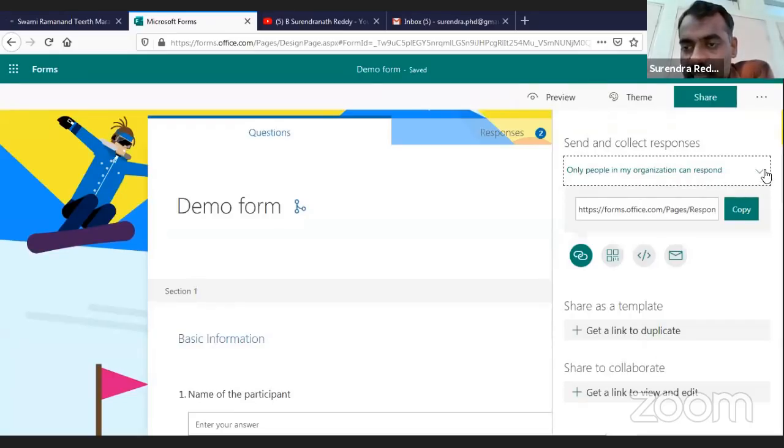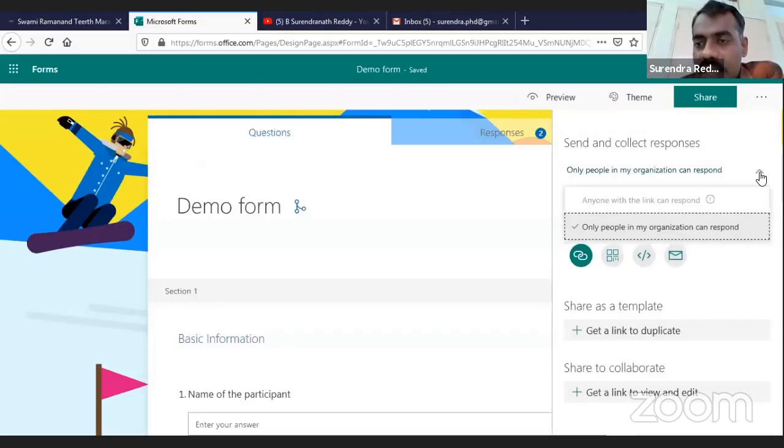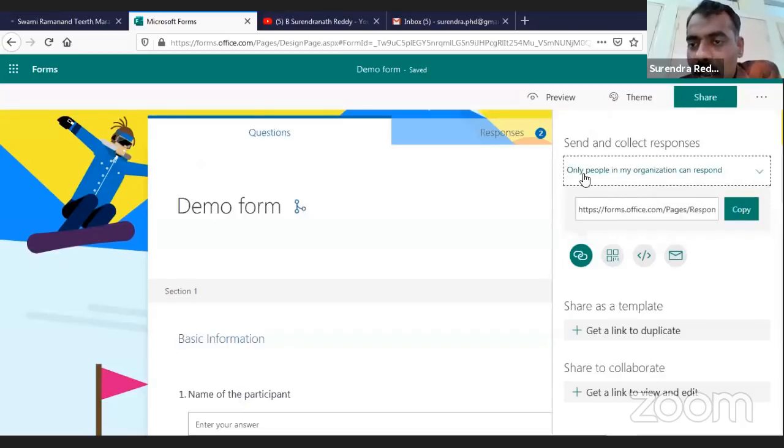As I said, if you sign up with Microsoft, you will get separate email IDs, so if you select this option, only those with email IDs ending with that domain can respond. Or you can select that anyone with this link can respond.